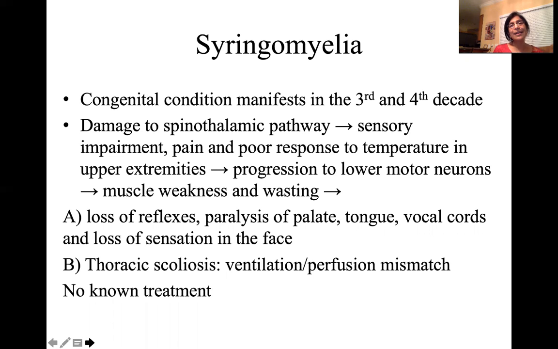Well, the consequences of this cavitation won't even appear till about third or fourth decade, although it may be formed early in the development. All right, it could be affecting the sensory pathway, spinothalamic pathway, affecting sensory signals from reaching the brain. And then, as you know, spinothalamic pathway deals with pain and temperature. Those sensations would be affected. And